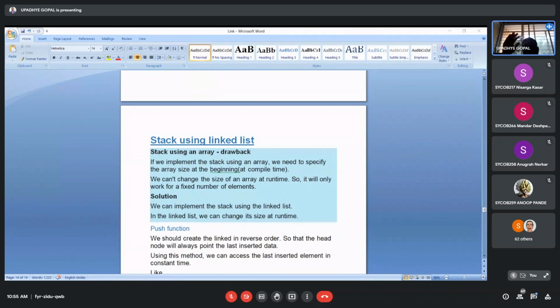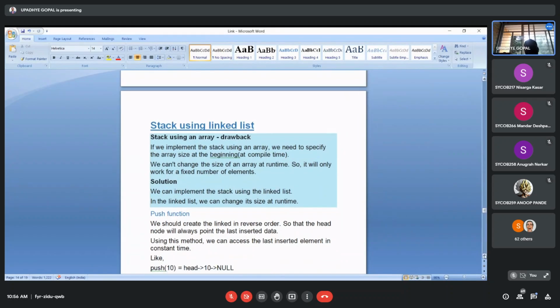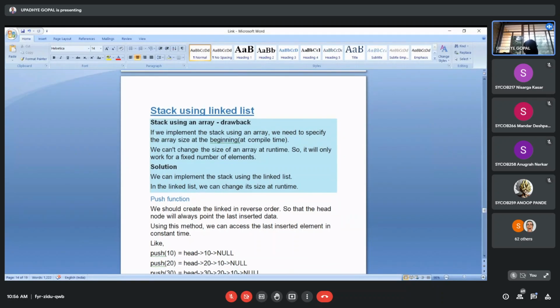Keep in mind, stack is a linear structure in which we hold different elements altogether of a similar kind, but with the help of linked list we can have the chance of combining elements of different data types. So see here, there are some drawbacks associated with stack using array, and for that we will give some solutions. That's why in the last lecture I told you there is one slide. I think you remember that slide, yes or no?